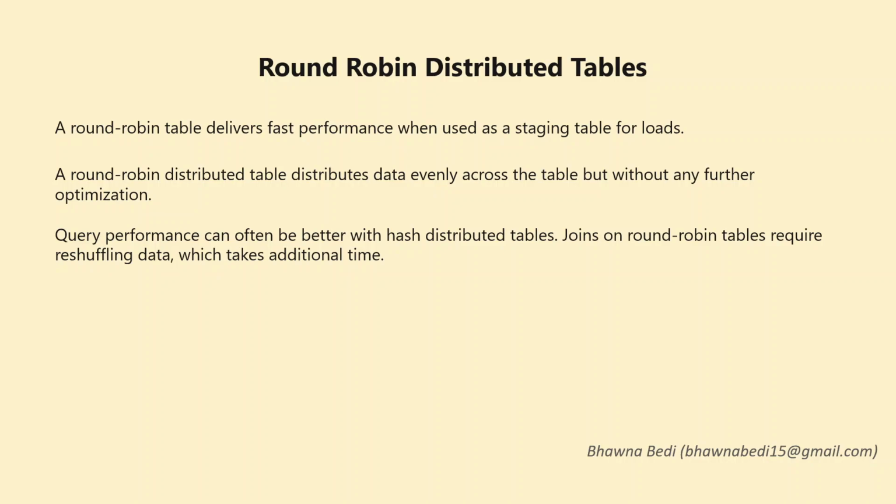Similarly, you should not have too many nulls in the column which you select. Let's say you selected one column Y and it has lots of null values. In that case, all the nulls will go to one particular distribution, right? So you don't want to do that. You have to choose your distribution column wisely, and I'll talk more about this in detail when I discuss hash distribution, round robin, and the last one as well.